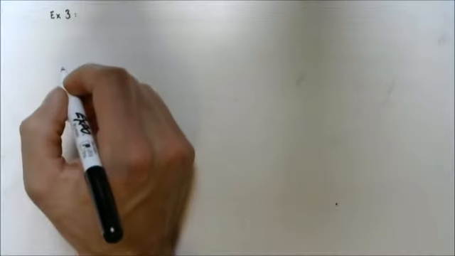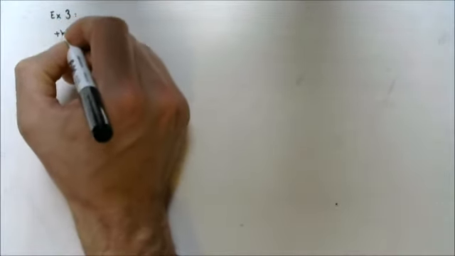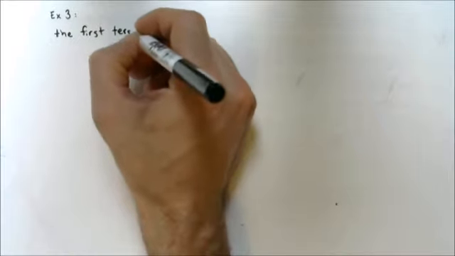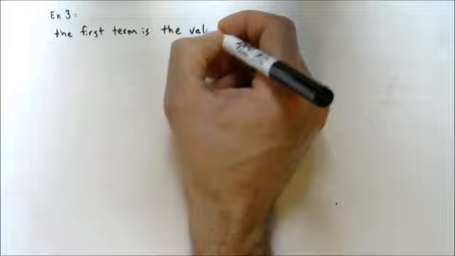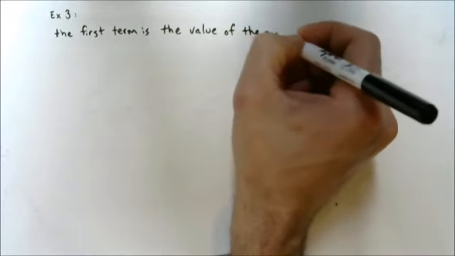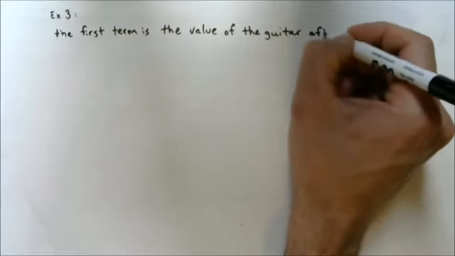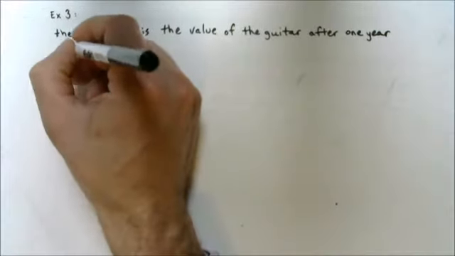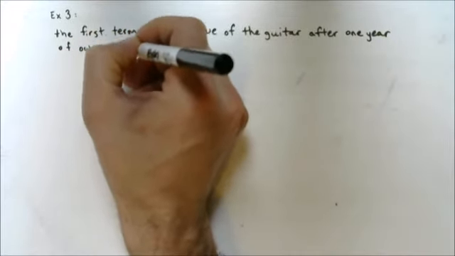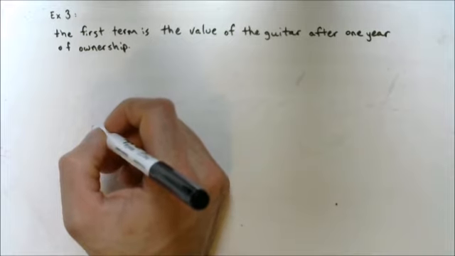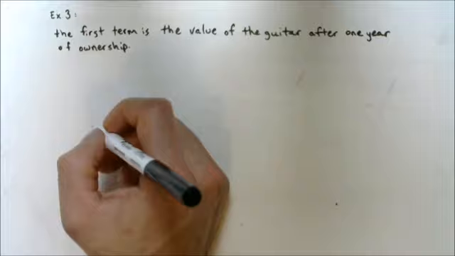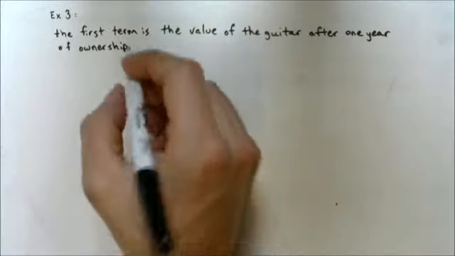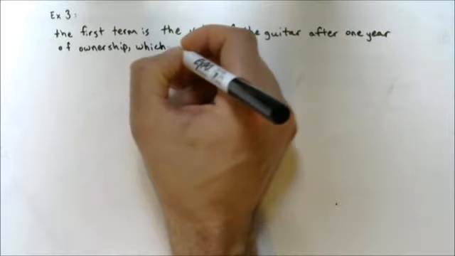It's going to be the value of the guitar after 1 full year. Okay, so she pays $5,000, but we should make a note. That would be like term 0 if there were such a thing, okay? The first term is the value of the guitar after 1 year of ownership. Okay, so in the first year, it has a value of $5,000. In the second year, which is after 1 year of ownership, it will have a value of $5,160. Okay, the first term is the value of the guitar after 1 year of ownership, which is